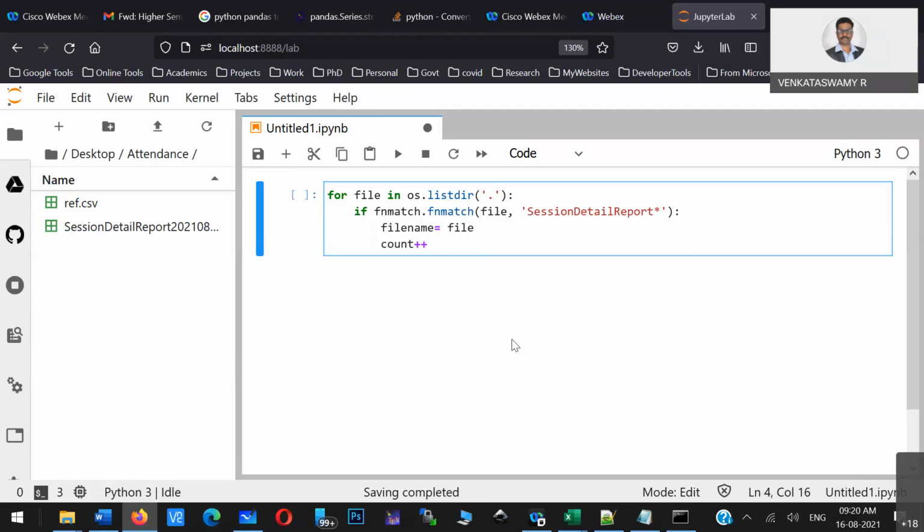That can be your objective. So if you have multiple files, you have to create one count variable, and that count variable should be the number of repetitions of the entire thing. So this is what these three lines do.